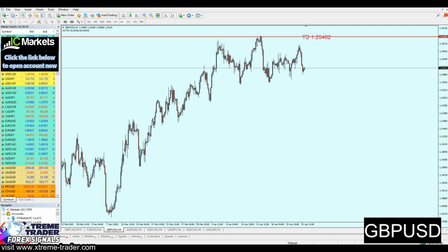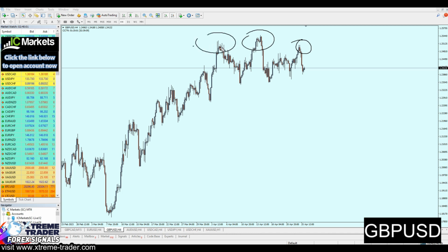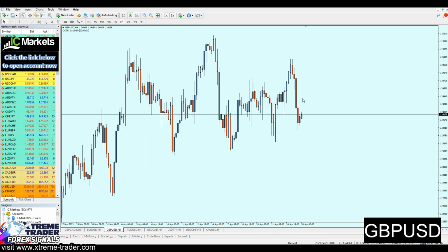Now it's important to mention that regarding the Pound USD, the market has formed here a triple top pattern, which is of course a very good sign that the market is going to continue to fall. And I believe it's really simple for the Pound USD. We are seeing right here a real level of resistance, exactly right there to be precise. Yes, fantastic. This was of course the real level of resistance, and if we check the Fibonacci retracement,